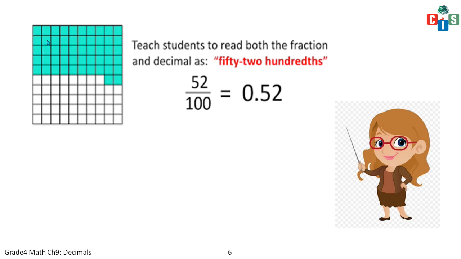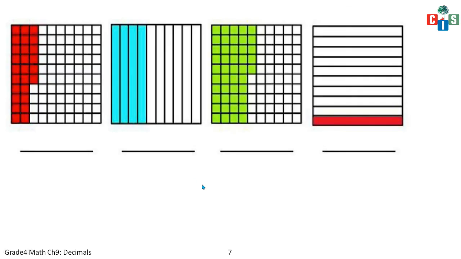Let's take another example that is divided into 100 parts. How many are colored? 10, 20, 30, 40, 50 and 2 blocks, so 52 blocks are colored. So I will write 52 by 100 as a fraction. Ma'am has said first you will write it in fraction form and then in decimal form. So 52 by 100 is also written as 0.52, and it is represented as this figure. Clear? Reading part we will see in the next video. Now moving on to the exercise.